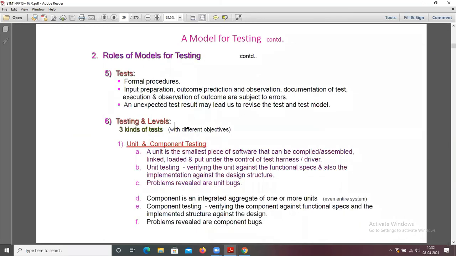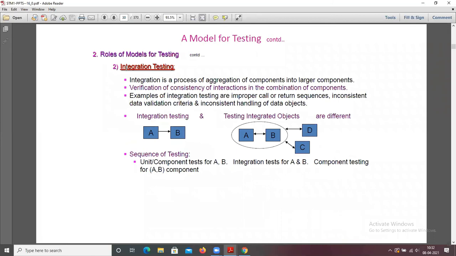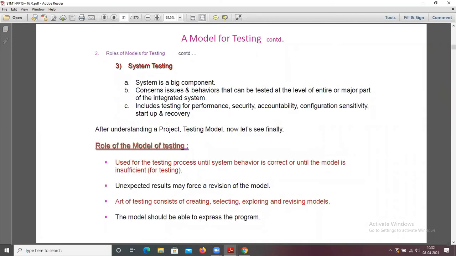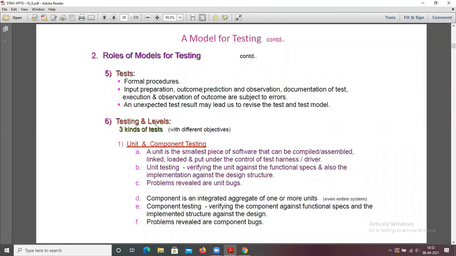Then testing and levels. There are three kinds of tests. The first is unit and component testing, the second is integration testing, and the third is system testing. Coming to the first one, unit and component testing.